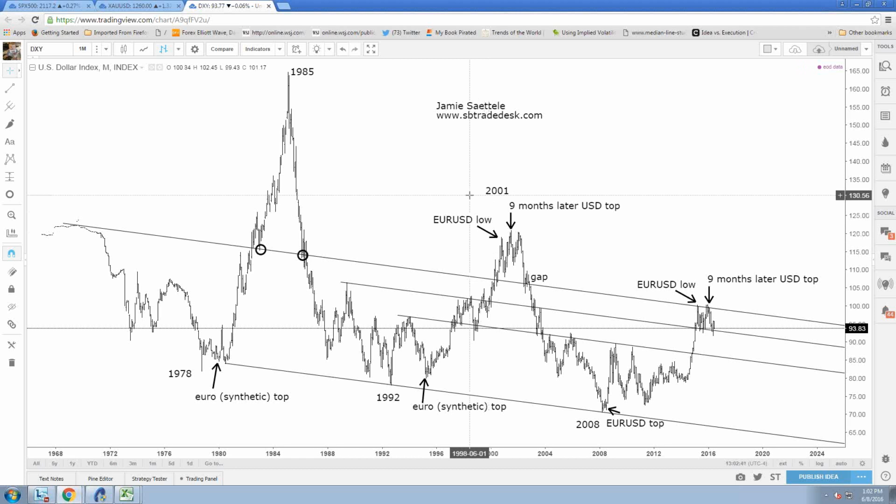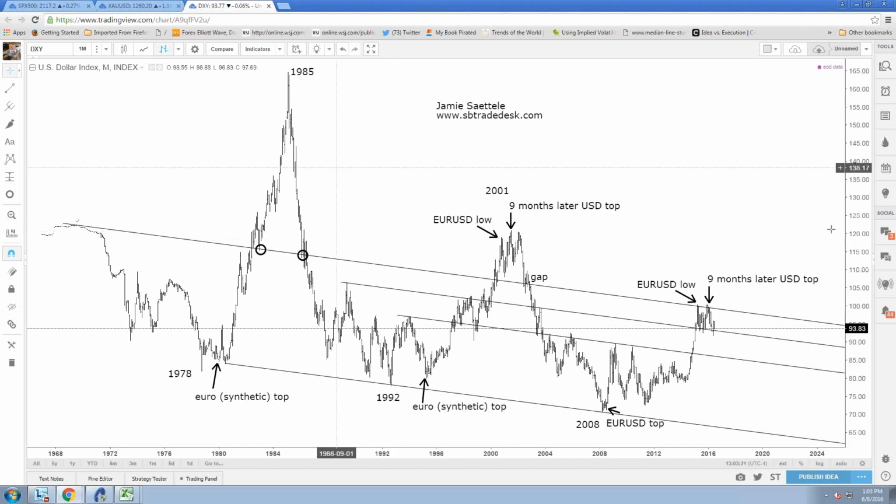Now the divergences have lagged certainly, but this turn that we're seeing in 2015, how similar does that look to the turn that we had from 2001 through 2002? Really similar, right? And you have the same dynamic with the euro. The euro made its low in March of 2015, and the dollar poked to a new high in December. The dollar poked to a new high 9 months after the euro low in October of 2000, which would have been the dollar in July 2001. So we do have the same situation as far as the divergence is concerned.